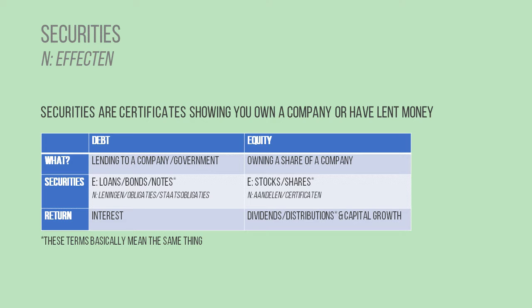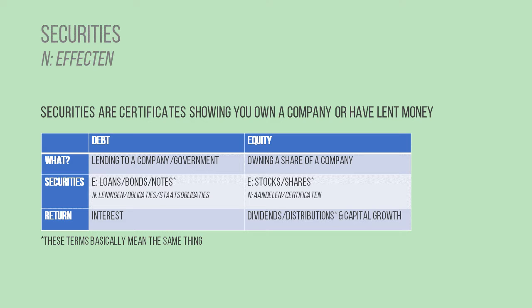And you can see, based off the two pillars that I've talked about in a previous video, debt and equity, you have different types of securities for each, different types of certificates for each. So on the debt side, when you're lending money to a company or also a government, you have loans, bonds, and notes. And they all mean the same thing, very confusingly. That's part of what makes the financial world so confusing. All these same words that mean the same thing. And all of those, you're lending money and you're getting interest, and that's why you invest in that way. And that's a particular type of group of securities.